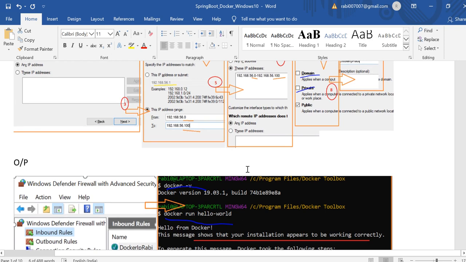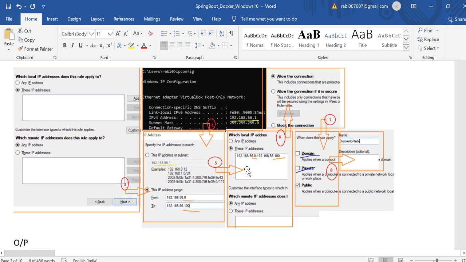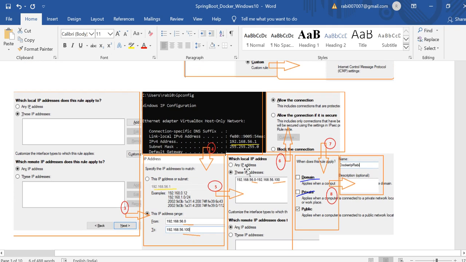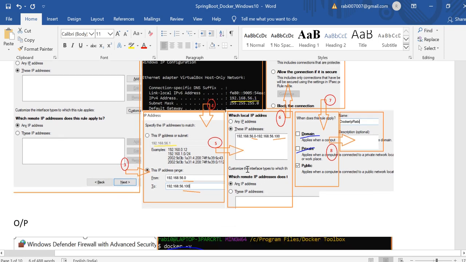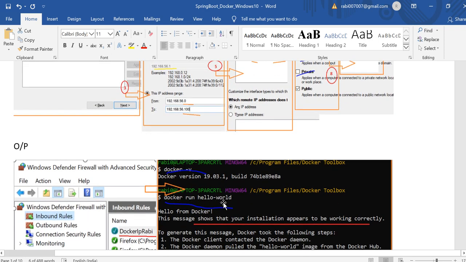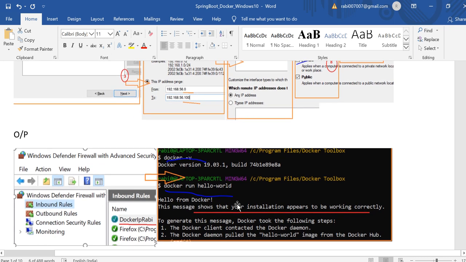This way you can easily set up your Windows 10 operating system, or Windows 7 or higher version, to run Docker commands or Dockerize any application. This is the simple hello world, docker run hello-world, and it will show that the installation has been done correctly.